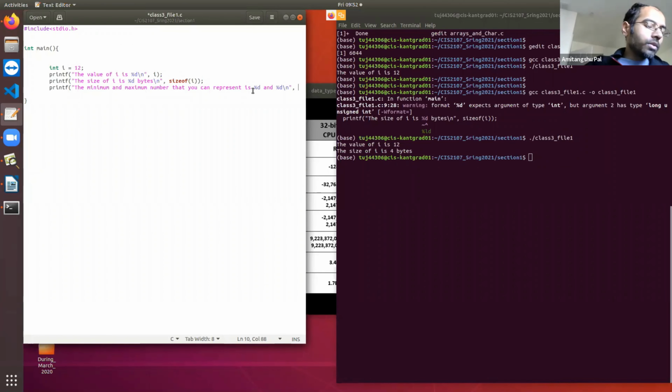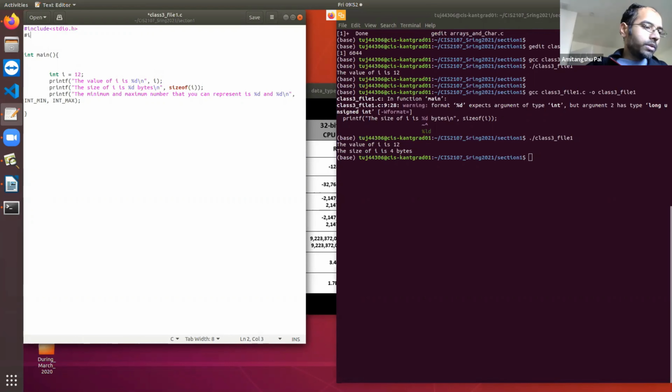Those constants are called INT_MIN and INT_MAX. INT_MIN and INT_MAX are already defined constants by your compiler that will give you the minimum and maximum value of an integer. And all these constants are stored in the header file limits.h. Limits.h is a header file that stores all these constants. Okay, so if you want to use these constants, you need to include limits.h.